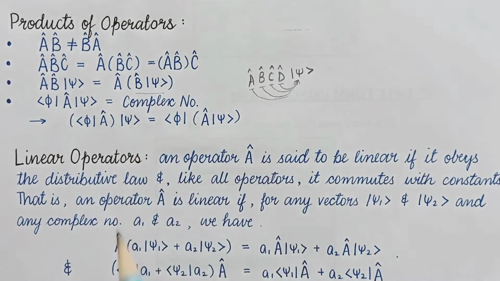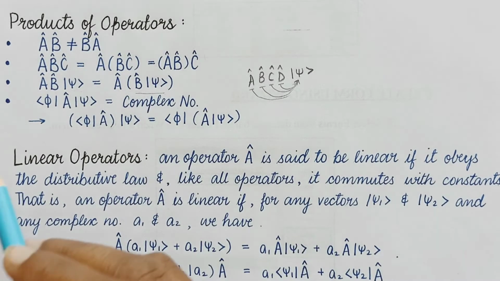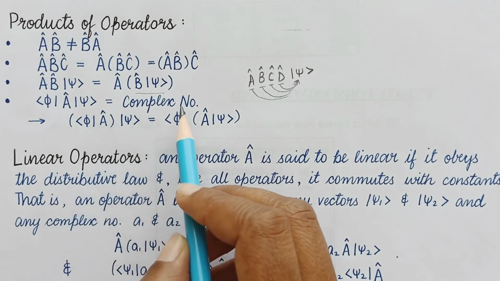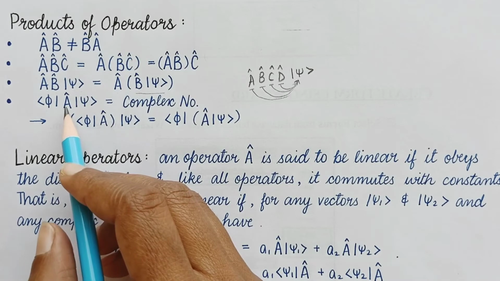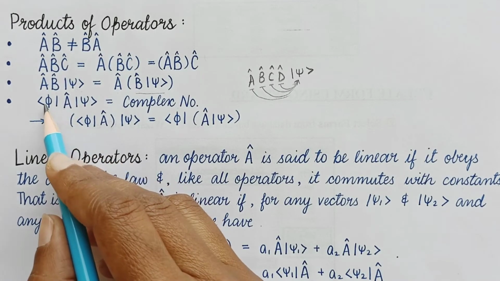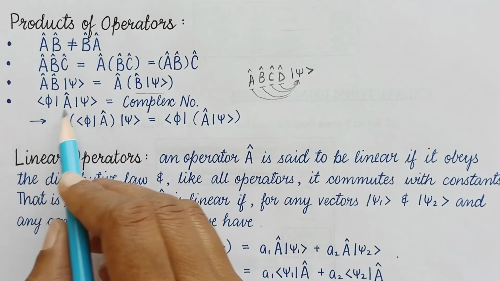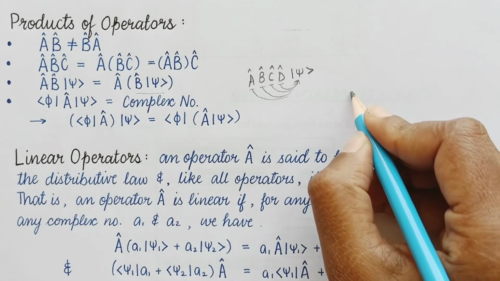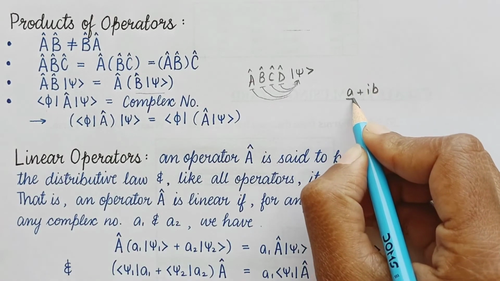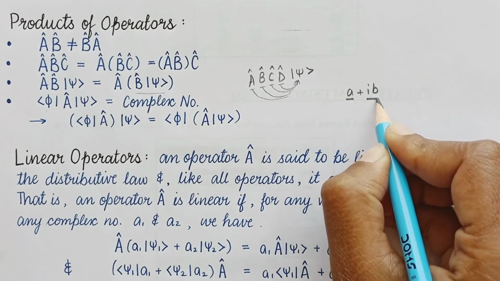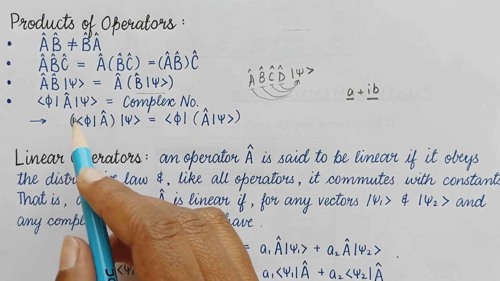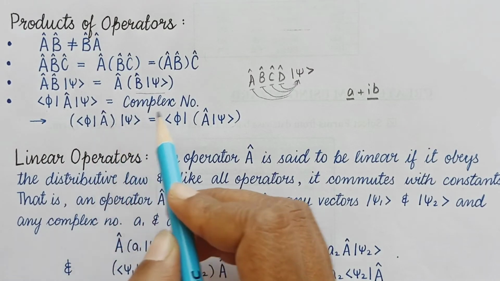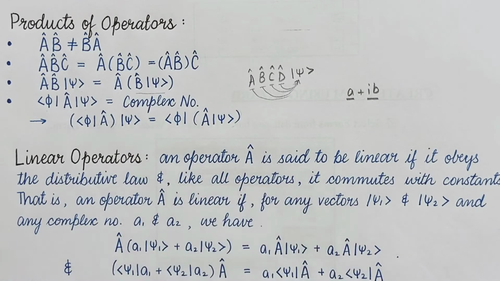Similarly like this. Now the next one: when an operator A is sandwiched between the bra and a ket, it gives a complex number. So here we are operating an operator A cap between bra phi and ket psi, and if we operate it, we will get a complex number. And remember, this complex number can be purely real or purely imaginary. Now remember, if we are evaluating it, no matter whether you operate these two first or these two first, it would be equal.